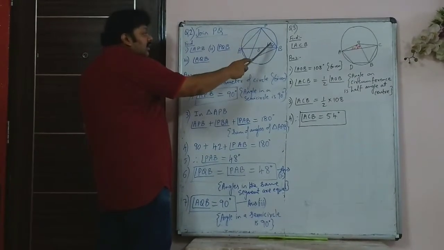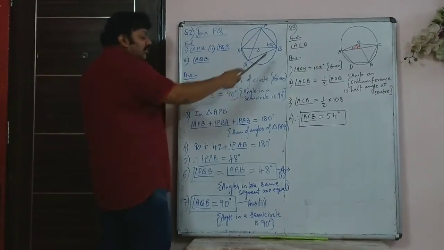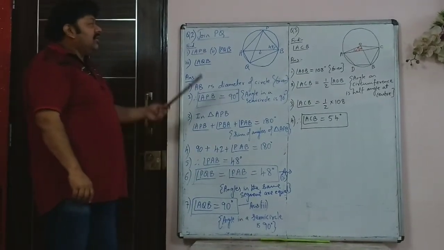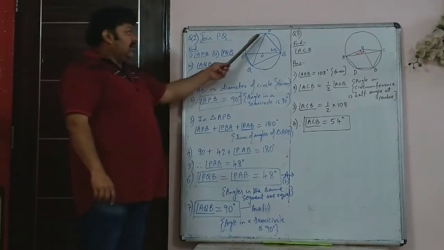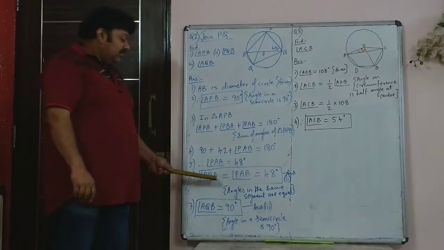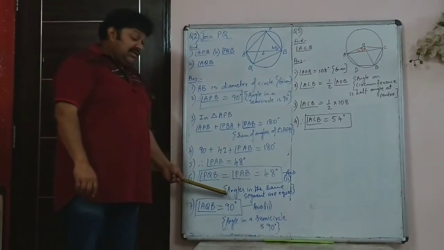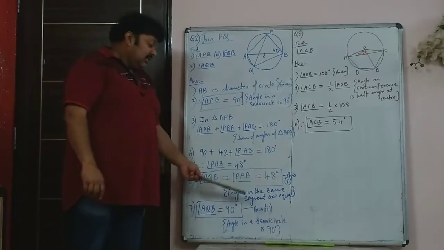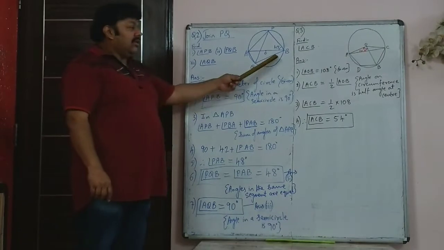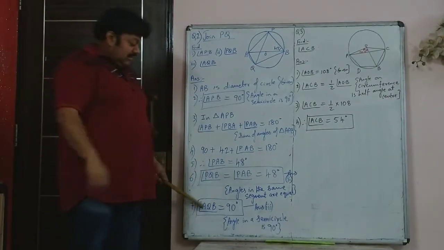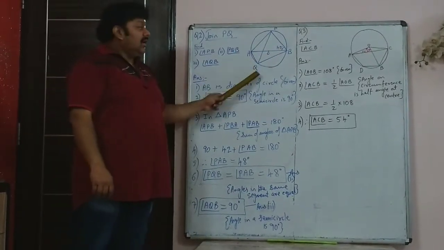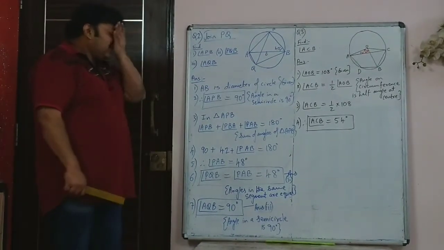So first we need to find what is angle PAB in triangle PAB. So 90 degree plus 42 degree plus PAB is 180. So therefore you get PAB is 48 degree. So once you got angle PAB is 48, the PQB will also be 48. PQB and PAB is same. Reason has to be written, angles in the same segment are equal. Then you are asked what is angle AQB, that is also direct. One step itself. That is angle in a semicircle, again AB is the diameter. So angle in the semicircle is 90 degree.